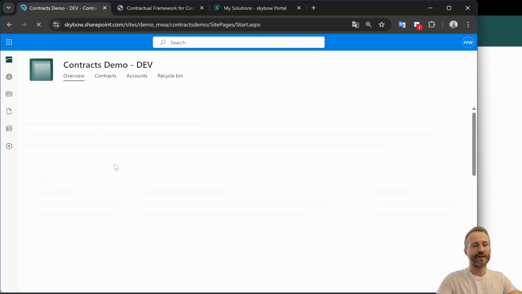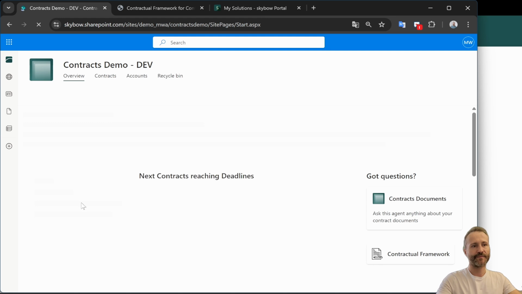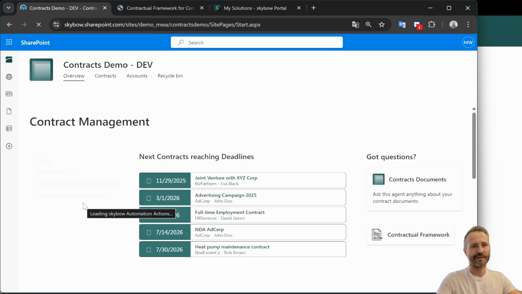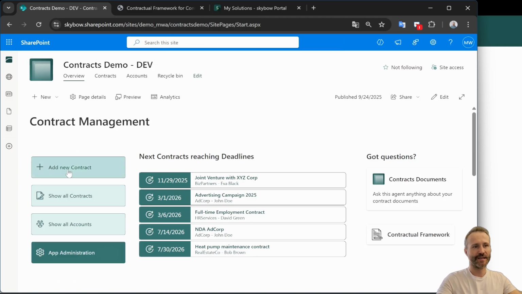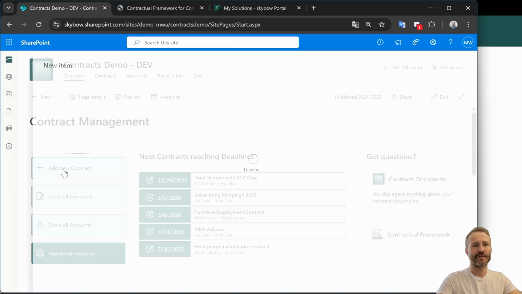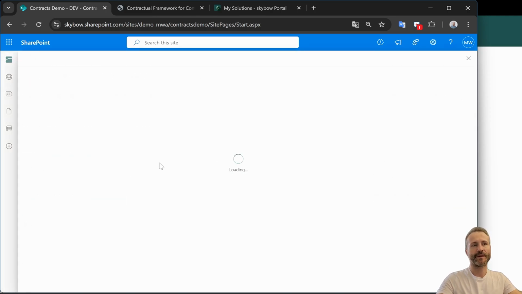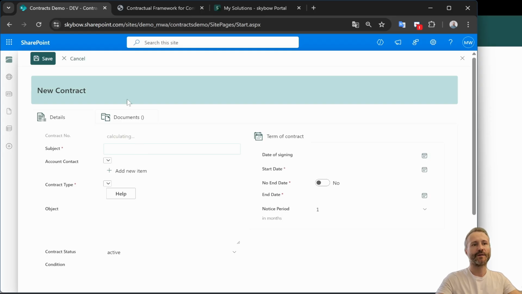All right, I have a button here to add a new contract. It's quite slow. All right, so skybow automation actions. I have this button. It will open up a full screen panel for the form